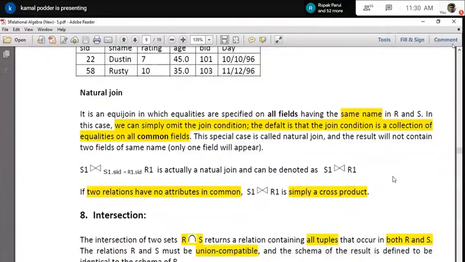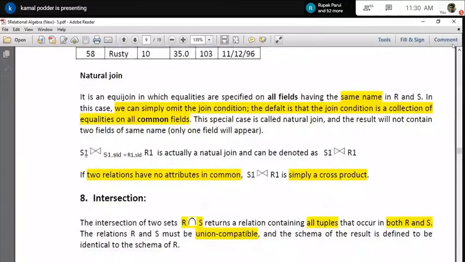Now just see this here. I have written S1 join R1. These are both tables, and I am joining on these two fields. S1 SID is the field of S1, which is why I refer to it as S1 dot this, and SID is also a field of R1. As both field names are the same, I cannot say SID equal to SID. How do I indicate from which relation each one is coming? That is the reason I am writing the relation name dot this. In this way you can also resolve this without renaming.